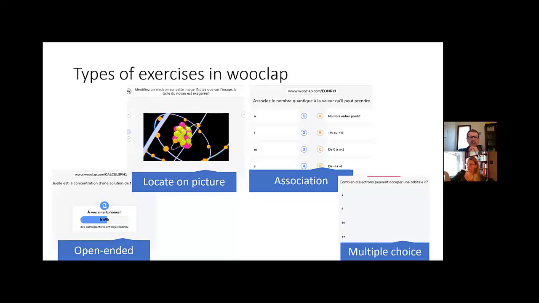And we are now on the Wooclap platform, but not on the interface the student would see. It's the results that the teacher gets after the students complete all the work. So you have the introduction video here, and then the first theory video. And as you can see, maybe you cannot see, it was a couple of years ago, and I don't look like that anymore. And then a brief summary, and then questions.